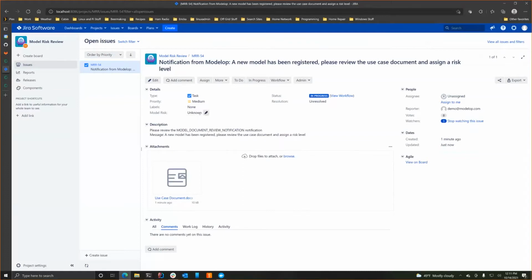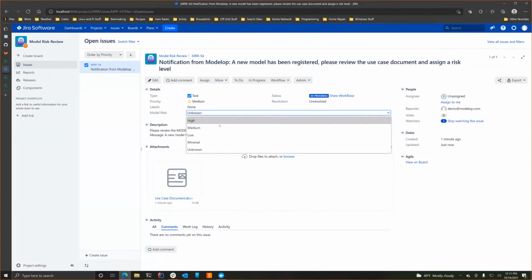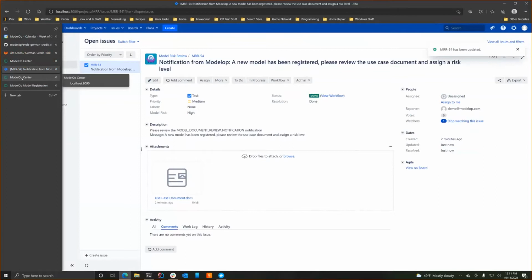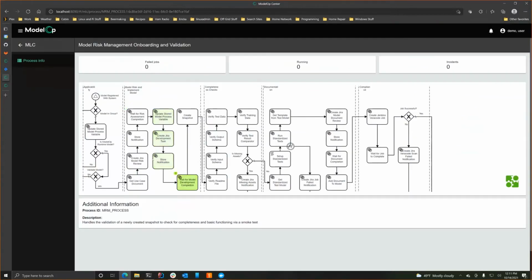So we're going to go ahead and actually read that lovely document and assign a risk to our business. We're going to say the risk is high to the business, since this is making a financial decision. Then I'm just going to mark my ticket as done. When we do that within ModelOp, we're tracking it, so we'll see that that ticket has now been completed and move on in our process to actually drive the